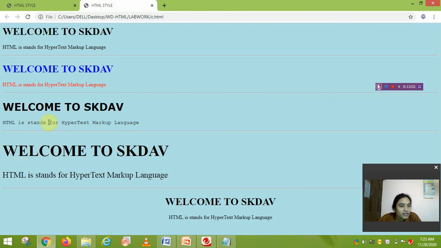Okay, and here the text color is blue, this one is red color, but in here these two are not set to anything. This one is as usual normal, so it looks black in color. Okay, here we set this color blue and set this color red, and here we set the font family, that means which type of font style. Okay, looks like this, and this one is center, alignment is center.